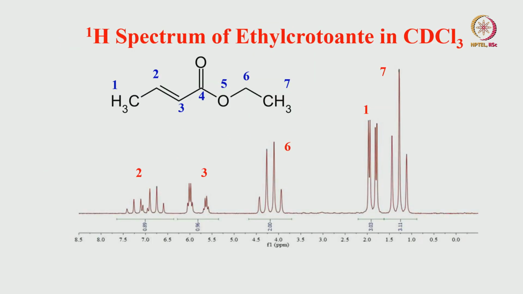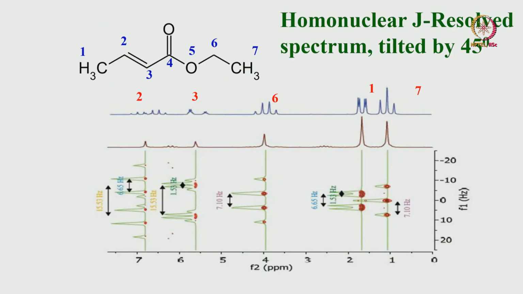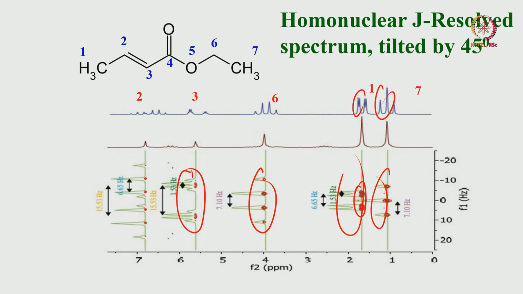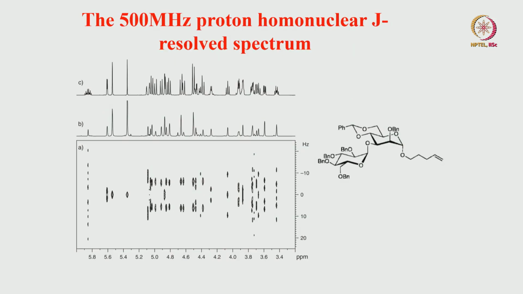And this is a simple example, ethyl crotonate, and you see here a lot of things are crowded. Of course, looking at the spectrum one can easily assign it, but if you do the 2D J-resolved, you can extract it very easily like this. This is a triplet, this is a doublet coming because of various reasons, and it is in fact a doublet of doublets. You see doublet of doublets here. This is a quartet, two quartets are separated out here,